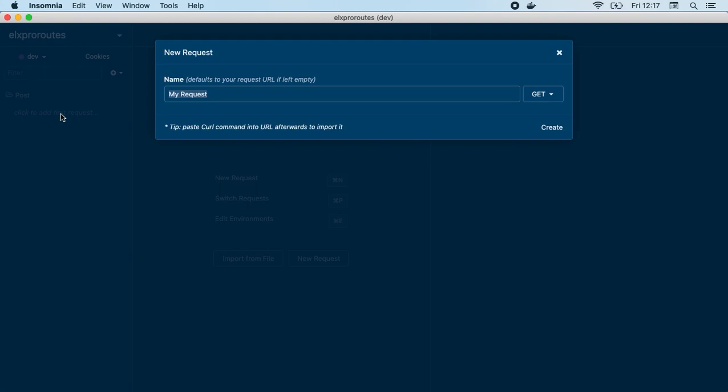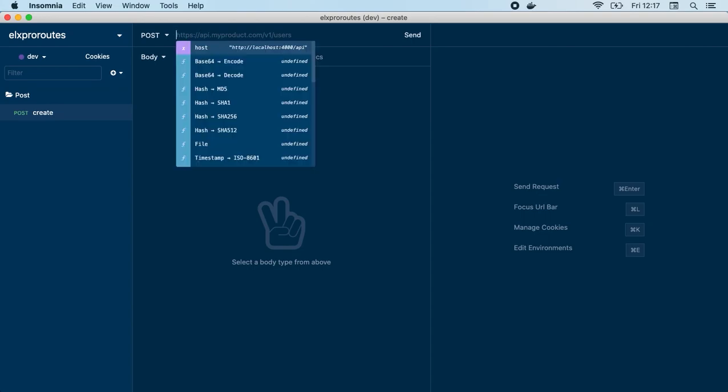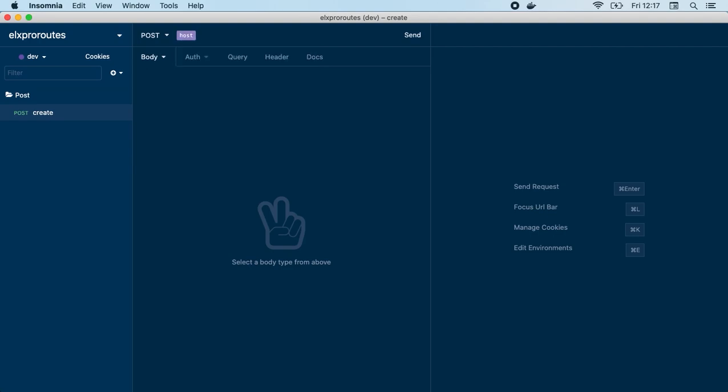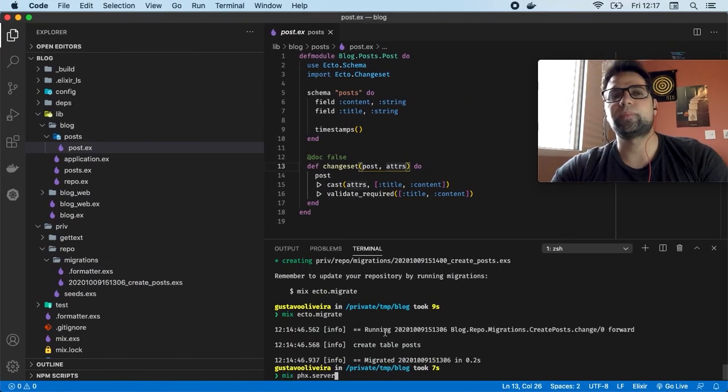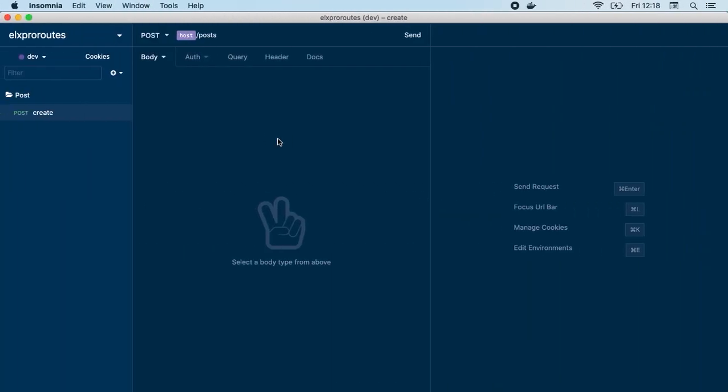The first one can be create, where we are gonna create a post like a blog here. So to use the variables that we created, you just have to press Ctrl and the space if you are using Mac. So now we're gonna call posts. Seems to be okay. Let's start our application. So now let's start calling our services. Of course, we're gonna get an